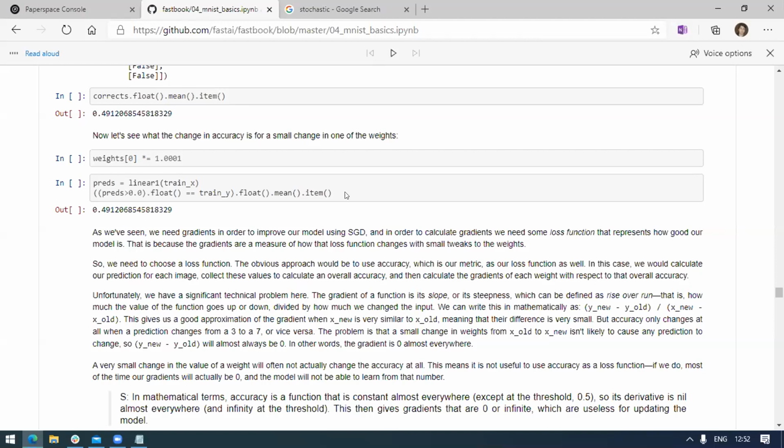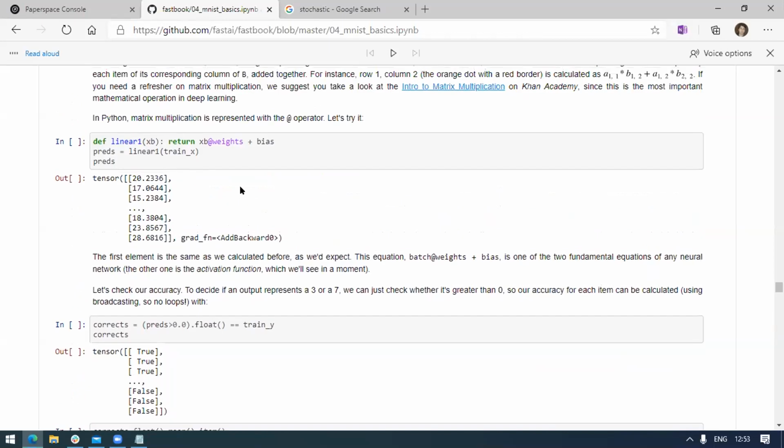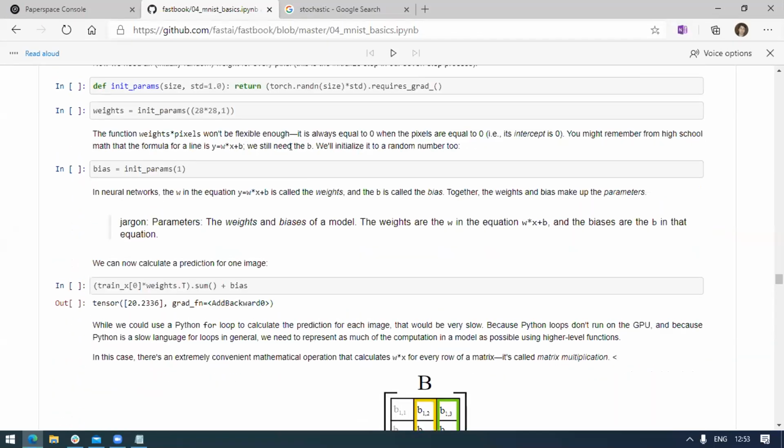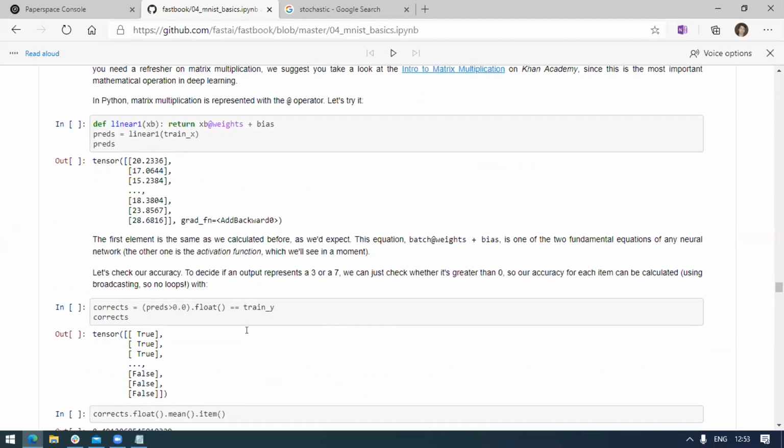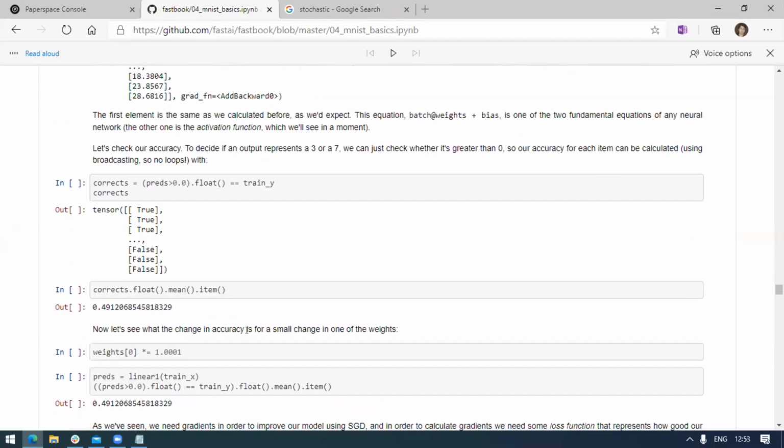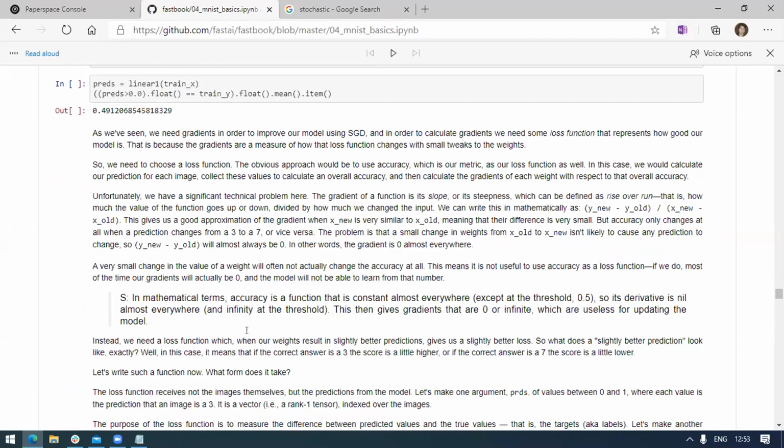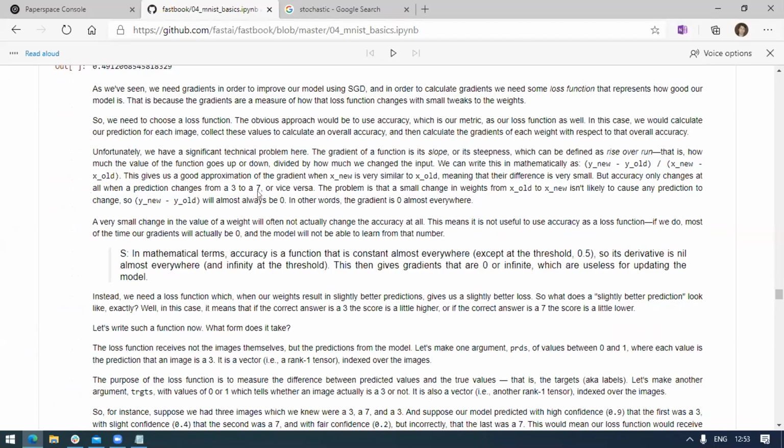Basically, none of our predictions changed the class from 3 to 7 or 7 to 3. Because I grouped them, say, if it is greater than 0.5 or greater than 0, it's a huge number, like 0 to 1000, and the weights are independent, right? We are living in the same range of 784, so it's a huge number. And then we change our parameters a little bit, and what difference do we see? We see that it doesn't change that much actually, because our groups are a bit varied,